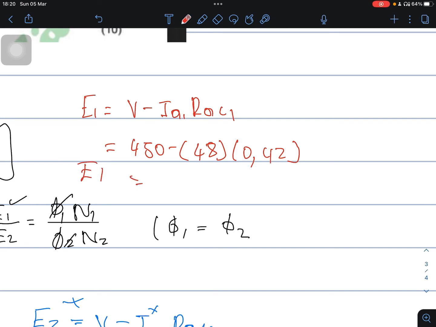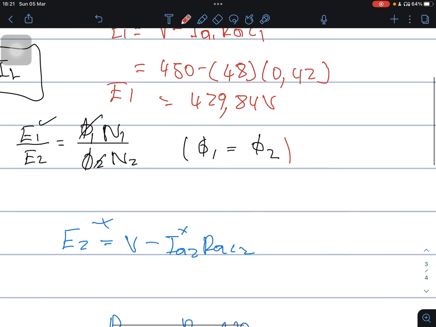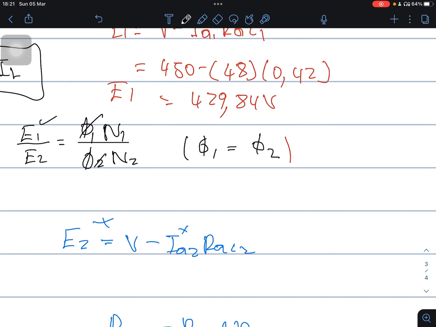So 450 minus 48 open bracket 0.42 close bracket, that is 429.84 volts. Now we can calculate E2. With E1, it's 429.84 over E2 equals to,